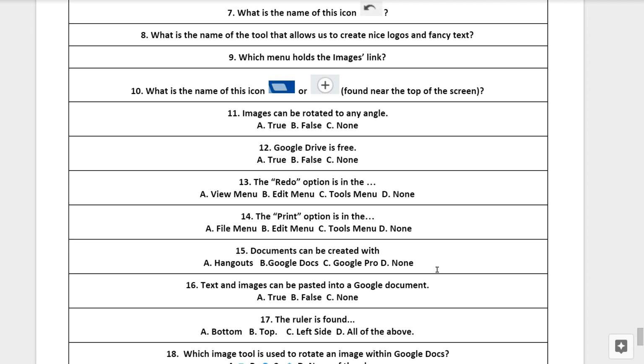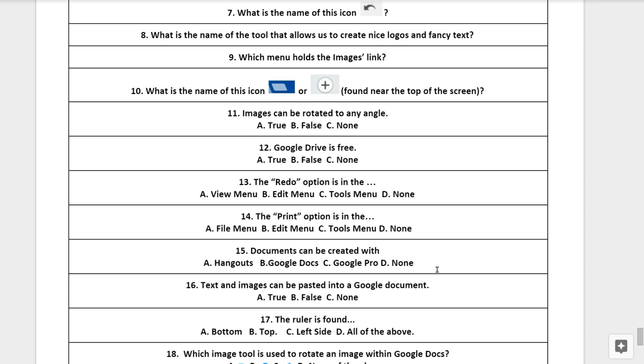Question number 13. The redo option is in the where? Is it A, the view menu, B, the edit menu, C, the tools menu, or D, none of the above? Question number 14. The print option is in the where?